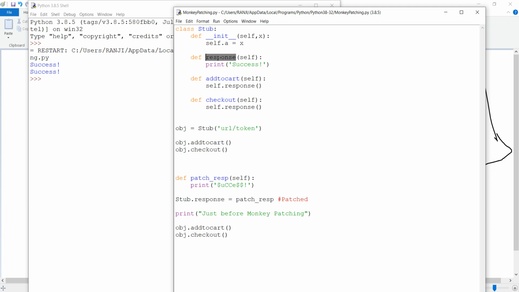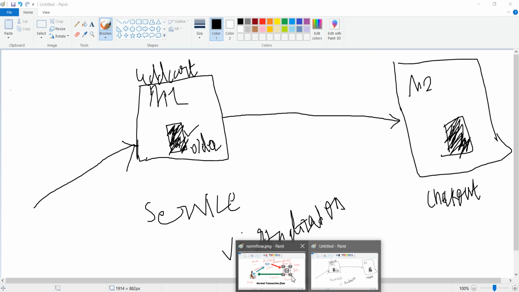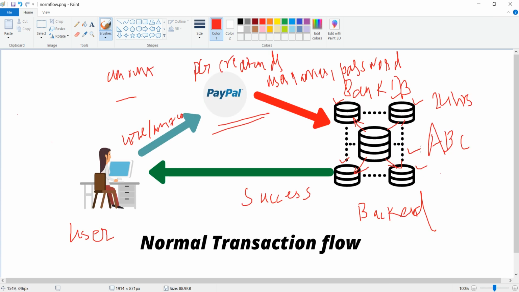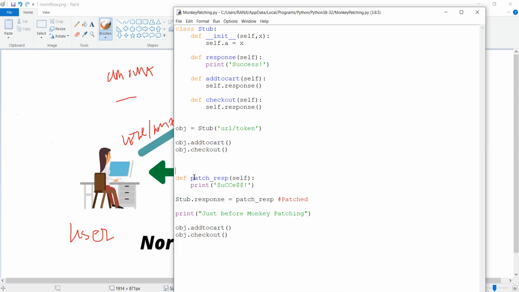This is the original response that the bank or the database is supposed to give you, the success response. But here what I'm doing is defining a patched response, and it has the same structure.